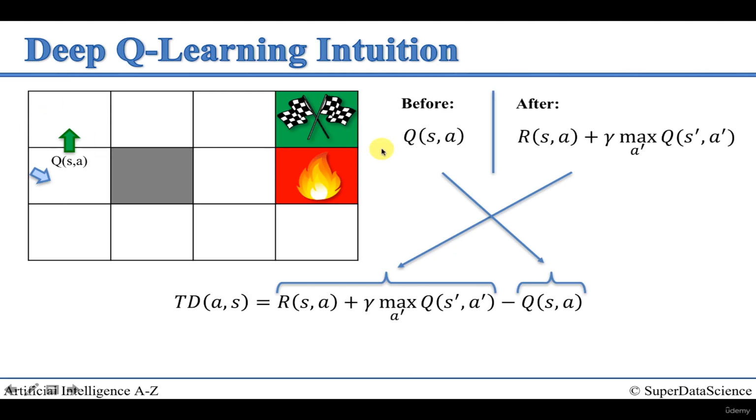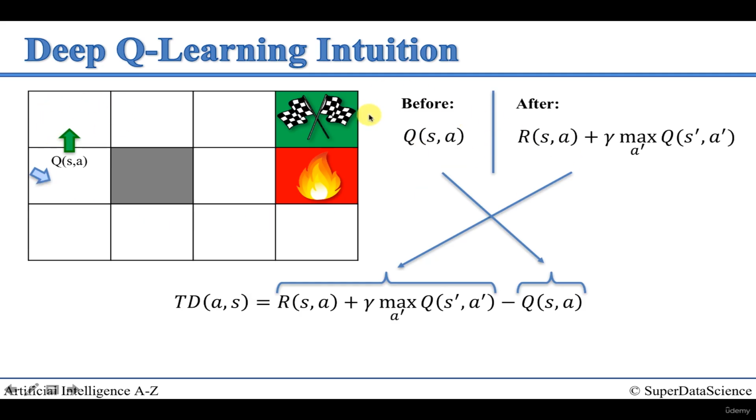And so then he decides to take this action to go up. And right after he takes this action, he gets a reward for taking this action in this state. And that is that reward. Plus, now he can evaluate the value of the current state he's in, which is the maximum of all of the new Q values of the new actions he can take, A prime, in the new state S prime. And we multiply it by the decay factor of gamma. So that is essentially the new Q value, or kind of like the empirical Q value that he has just received for taking that action.